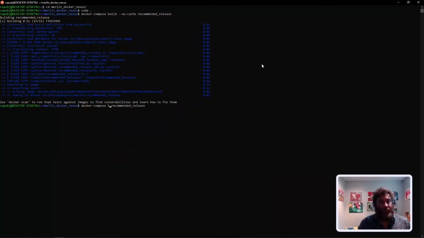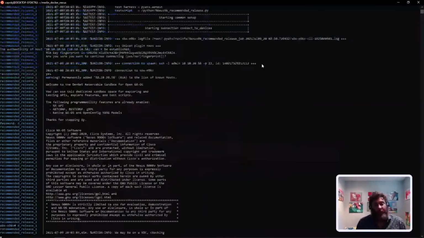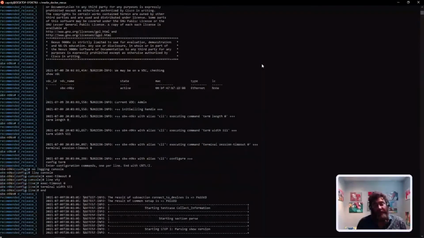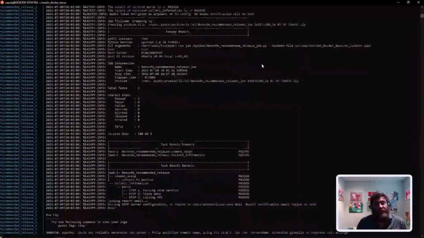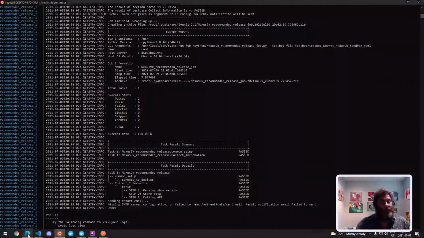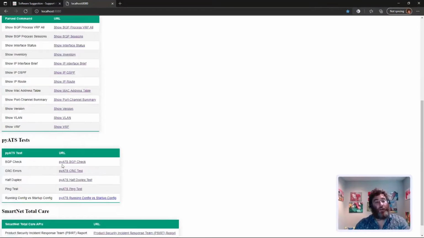I don't think I'm printing anything to the screen in this case. We'll bring up recommended release. Now it's going to connect and parse show version and then feed some stuff. Not in this case, it's going to feed the hard-coded value to the API, but it's still valuable as an exercise. So now that I have my Apache up, right from my home page, I can go in here to